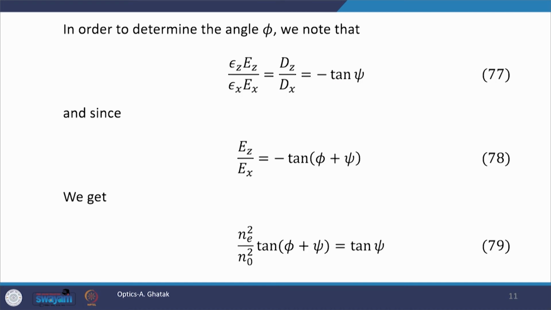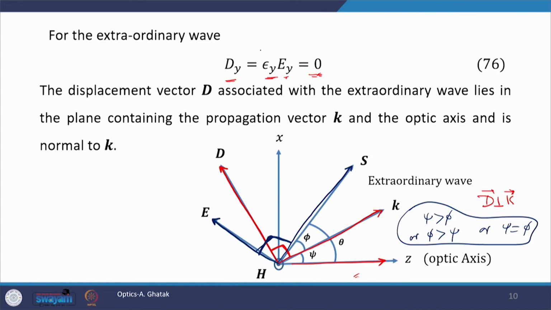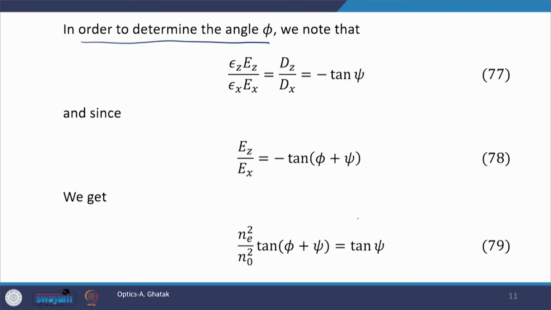We will treat one case as an example. In order to determine the angle phi, phi is the angle between S and k. Psi is the angle of orientation of k with respect to the optic axis, and psi plus phi is equal to theta. These are given. Now, we want to know the relative orientation between S and k, which is phi. How to get phi? Let us